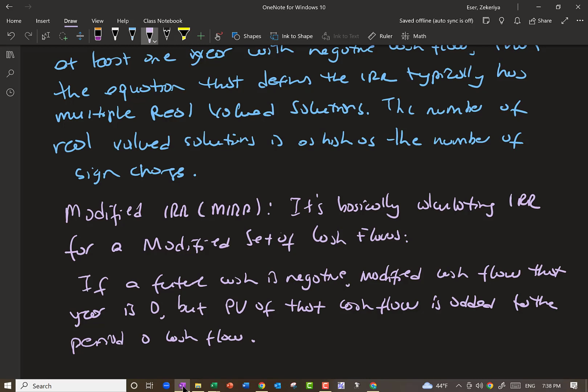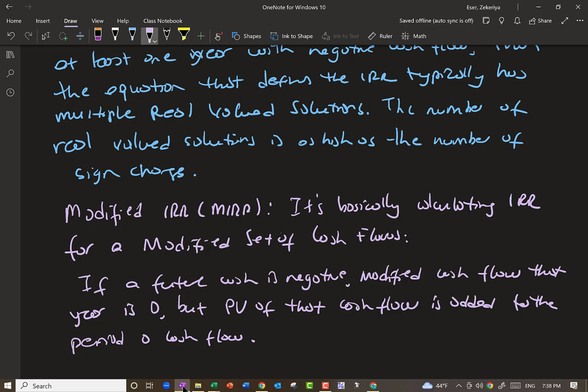So think of a negative cash flow in the future as a delayed cost. So I'm going to calculate the present value of that, bring it to today, and make the cash flow for that year 0. And we can easily do that in Excel